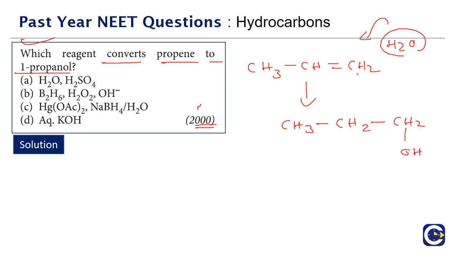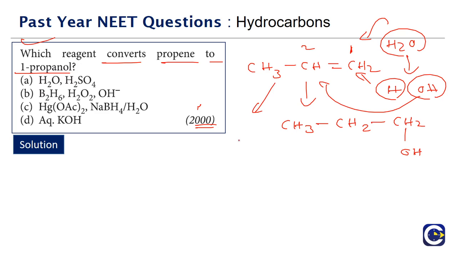Normal addition of H2O will follow the Markovnikov addition rule. What would Markovnikov addition mean? In the addition of H2O, one carbon gets a hydrogen and the other carbon gets the OH group. The hydrogen goes to the carbon that already has more hydrogens, so it will go to carbon 1, and OH will go to carbon 2. So as per Markovnikov addition, we will get the compound CH3, CHOH, CH3. We will get 2-propanol.